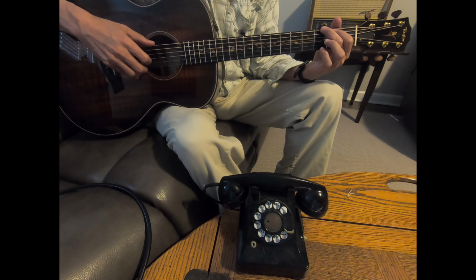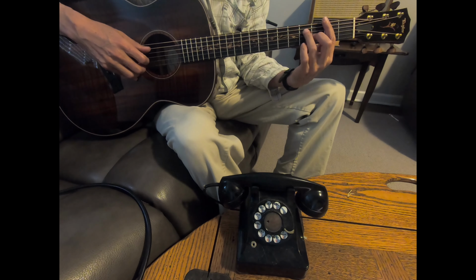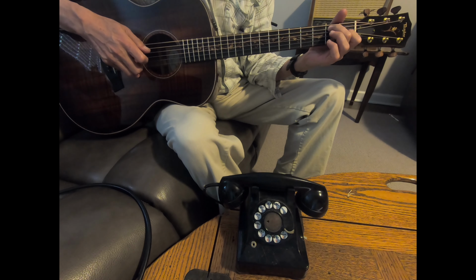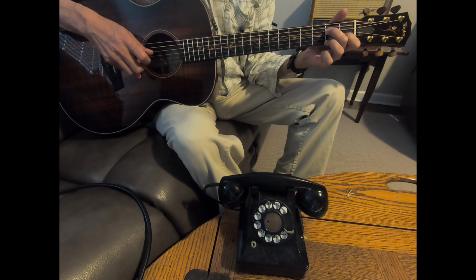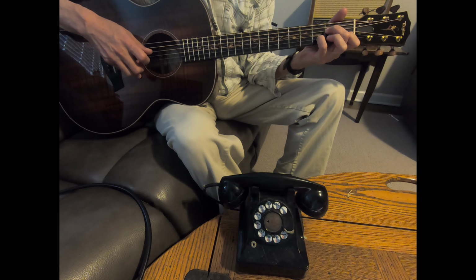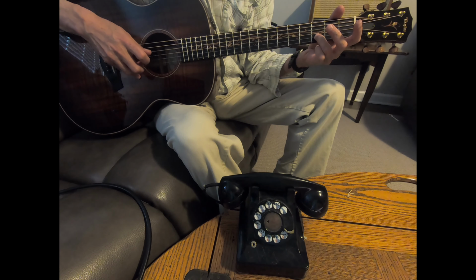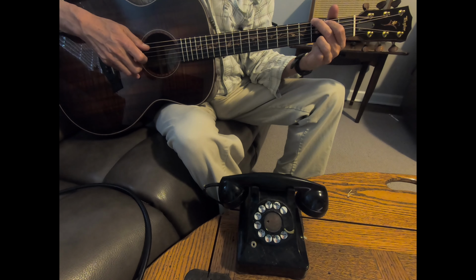This last line starts with a G chord, playing off the E and the D again, B, D, and then you move up to a B minor 7th, hitting the F sharp as your melody on the first string, and then down to an E 7th, hitting the E on your first string as your melody. And then you move to an A minor 7th, so it's C, D, E, F sharp, and then to a D chord, so a D in the bass, E, D, and then a G chord, finishing off with a G on the first string. So this end run is